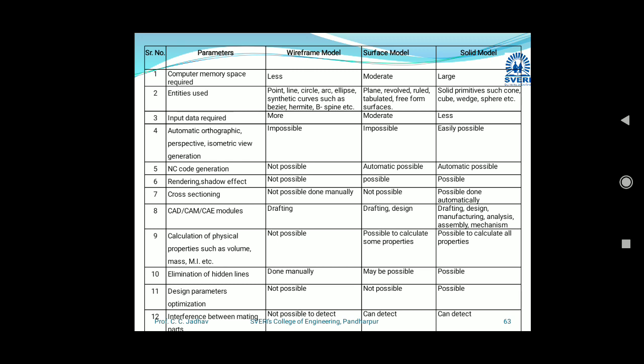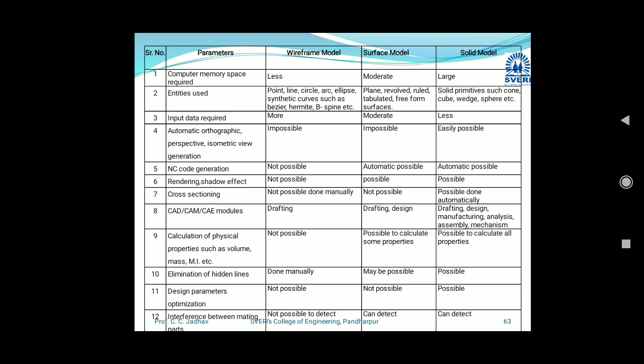Rendering and shadow effect in wireframe modeling not possible. For surface and solid model, it is possible. Cross sectioning not possible for wireframe, and surface model also not possible, and possible in solid model. CAD/CAM/CAE models: in wireframe modeling, drafting is possible; drafting and design possible for the surface model; drafting, design, analysis and assembly possible for the solid model.